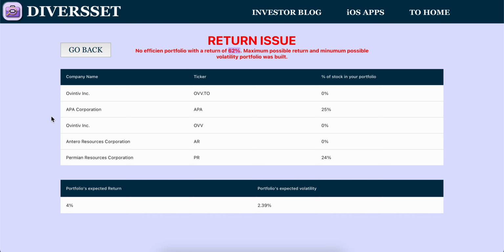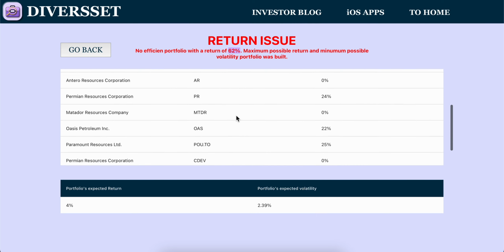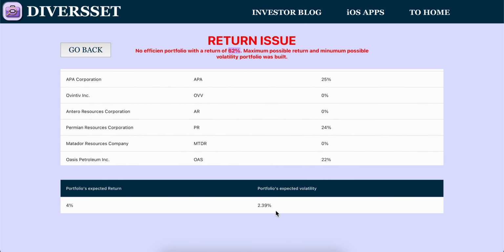if you allocate your stocks and ETFs in these proportions. This application searches not only stocks, but ETFs as well, stock ETFs. If you put these weights, you have higher chances of lowering your expected volatility, given this expected return. So the application couldn't find the optimal portfolio. The optimal portfolio is the portfolio with the minimum possible loss given your required return, but it constructed the minimum risk portfolio, and it says if you want minimum risk,